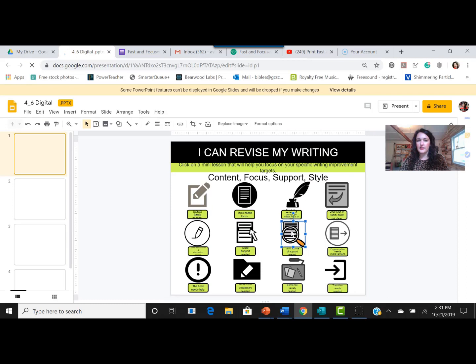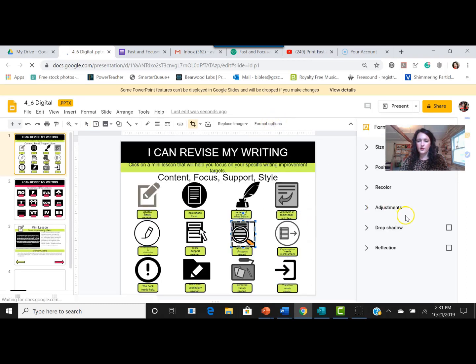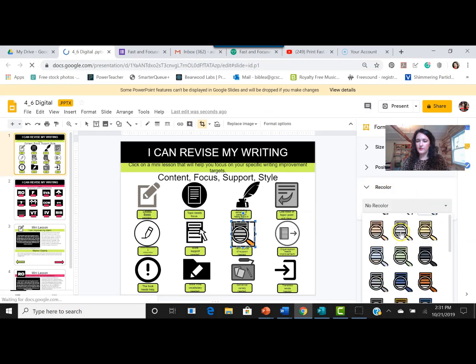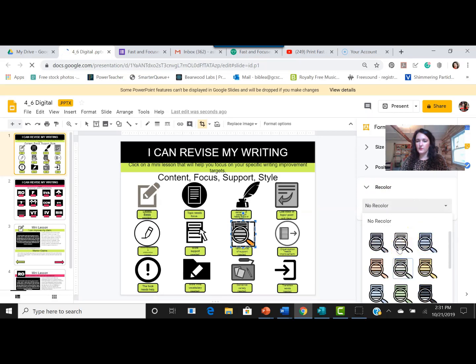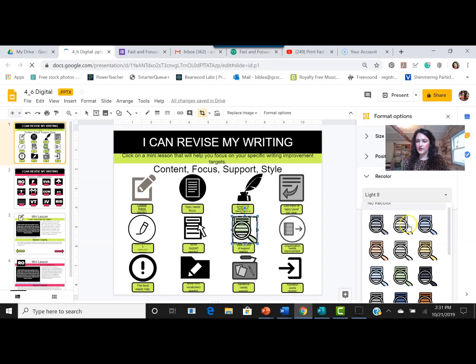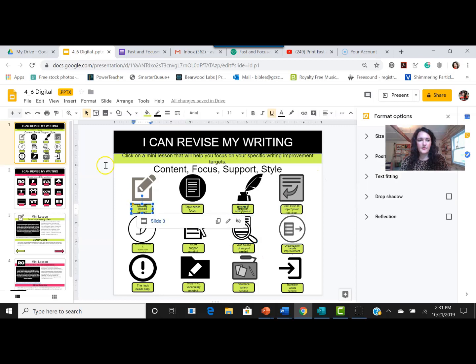I'm going to click on that. Format options, recolor, and I'm going to make that black and white to match my others. Sorry, I clicked on green. Black and white, there we go. And you can change the rest of those if you want, but